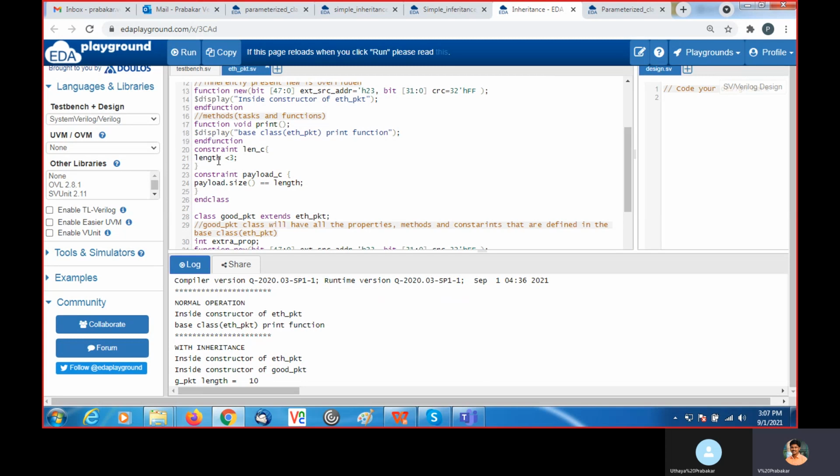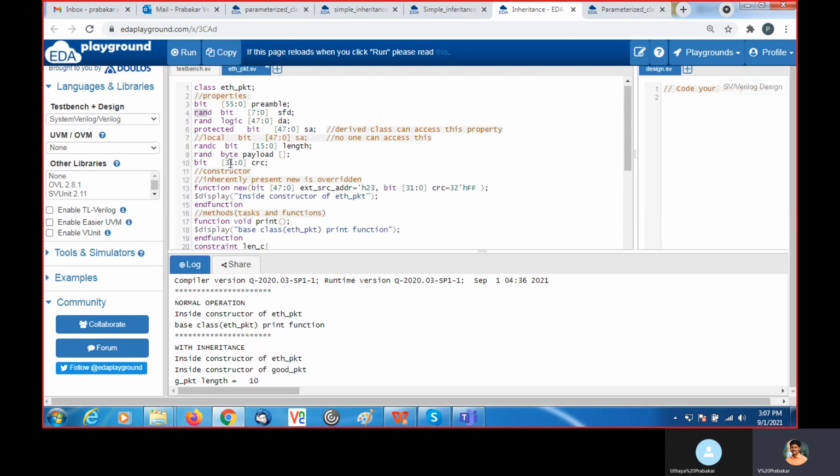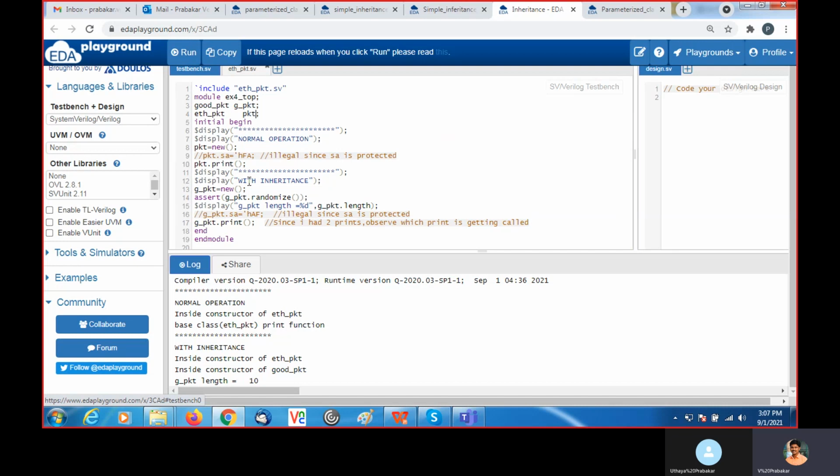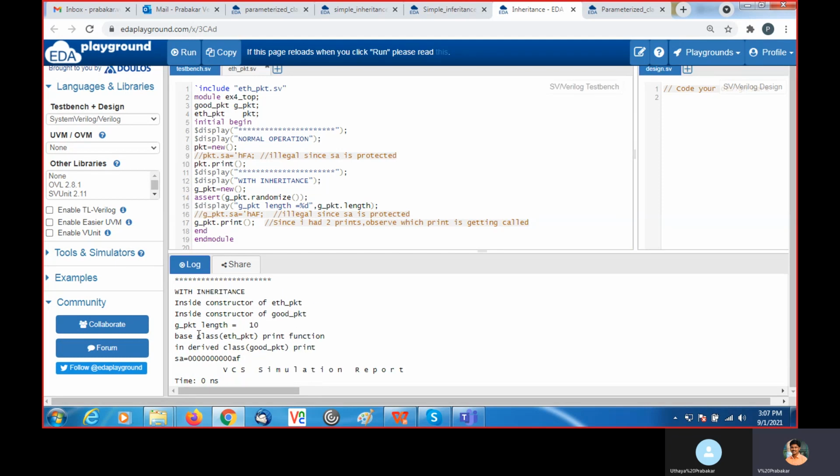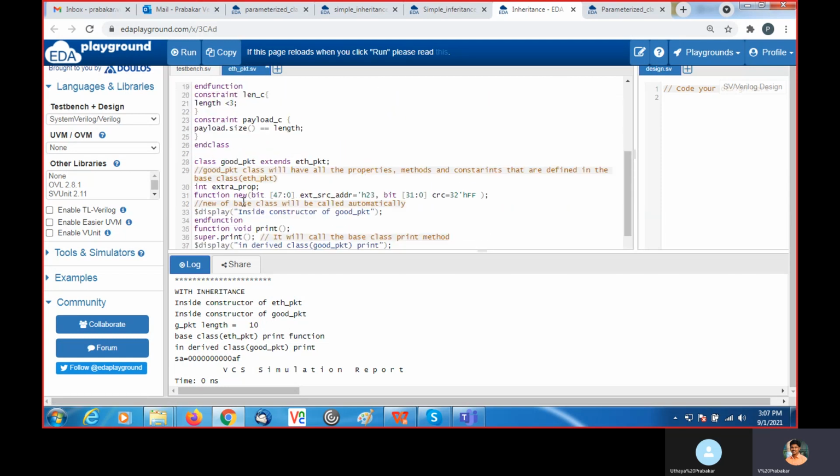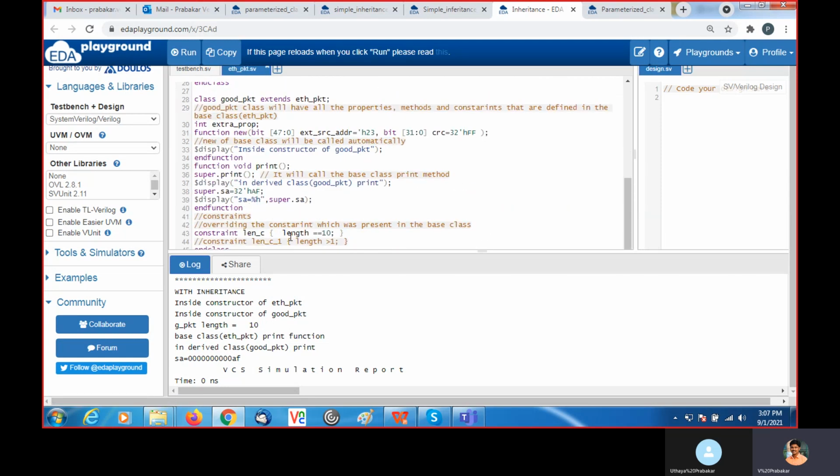So SFD, DA, then length, payload, everything will get a randomized value when you call this randomize. Then display gpkt length. So gpkt length will be 10 because we are writing the constraint in the good packet, length should be equal to 10. So it is taken as 10.